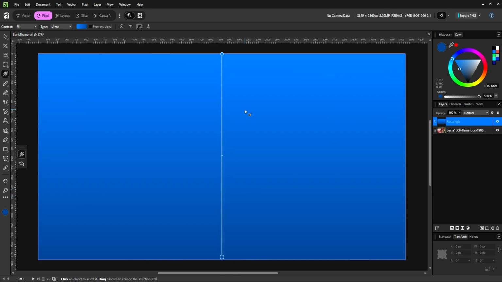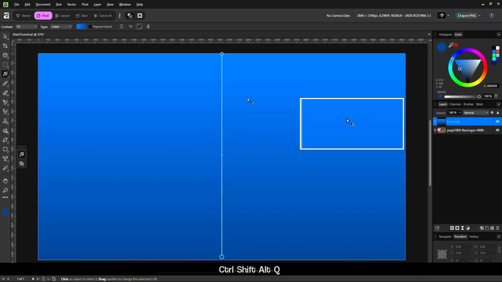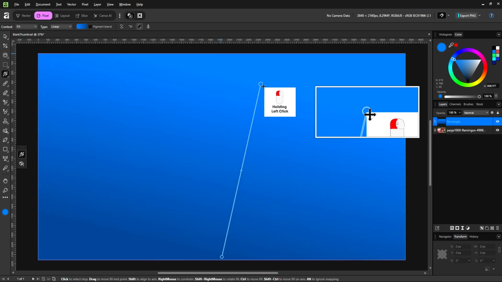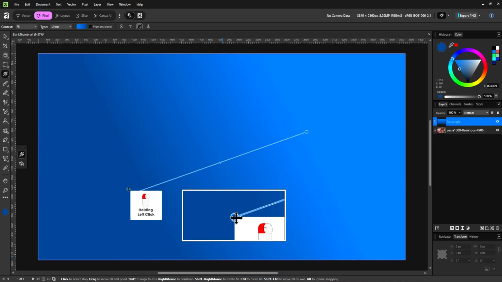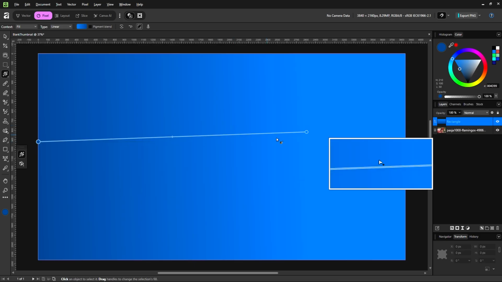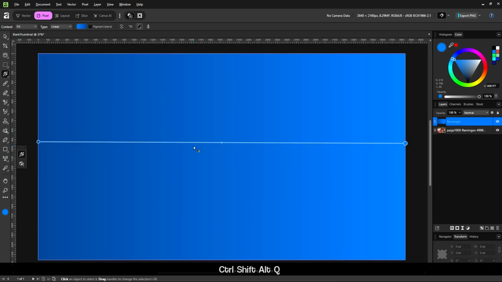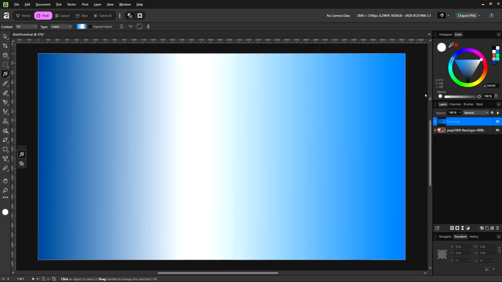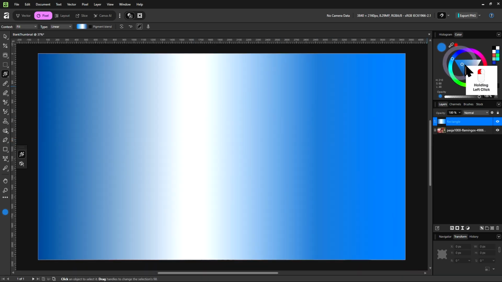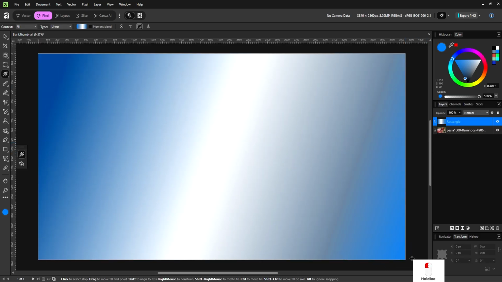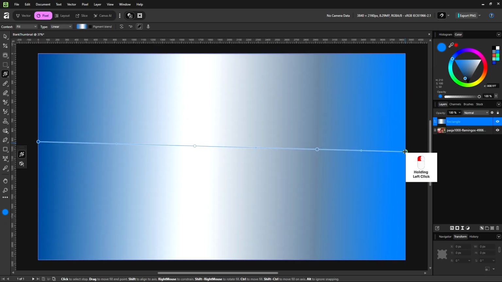So after we drag out this gradient, we can actually still change it. Change the position to be more specific. See the handles on the end of the gradients? You can actually drag them around and move around the gradient. And you can still add stops just like normal. And with these stops, you can still move the handles like that.